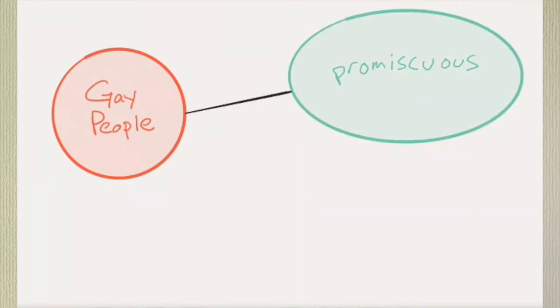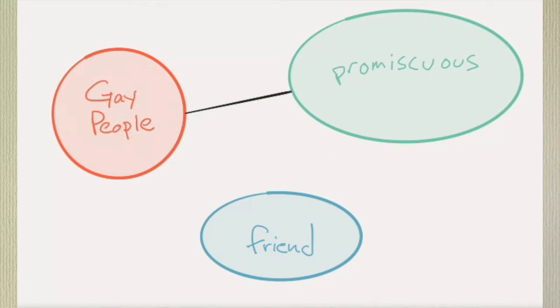Think about how Louis C.K. describes his memory of a specific person from his past in the short clip you just watched. He says he stereotyped gay people as promiscuous, and he formed an impression of a particular gay person from his past as always trying to sleep with him. Years later, when he retrieved this memory of that person, it still contained the attribute promiscuous. He still believed that that person was trying to sleep with him all the time.